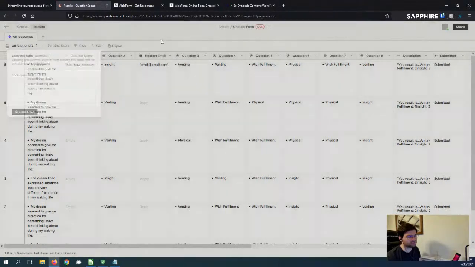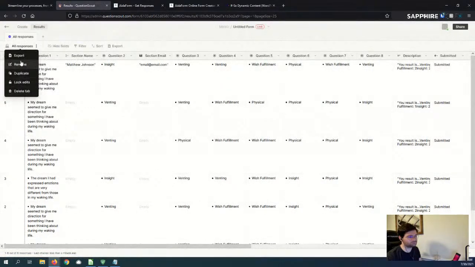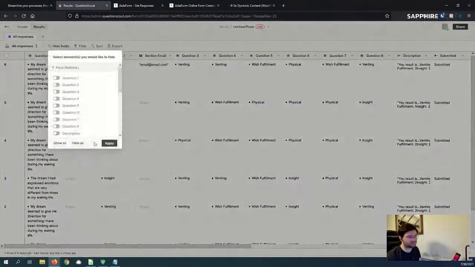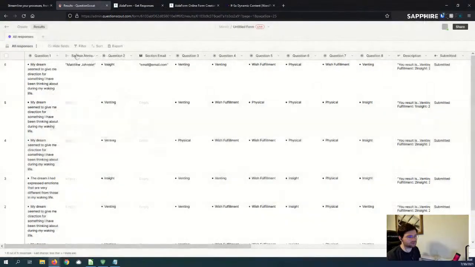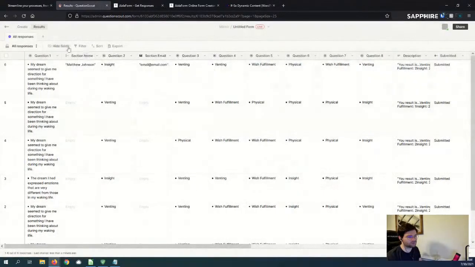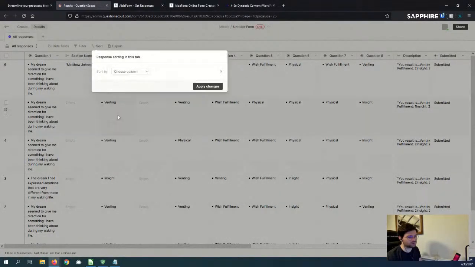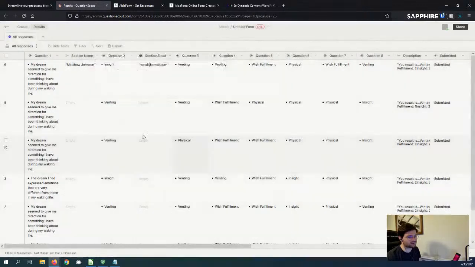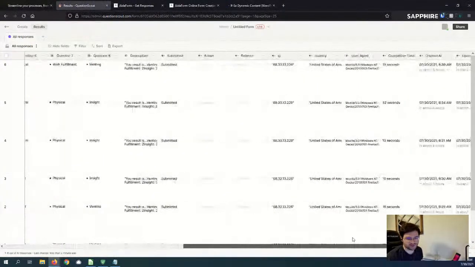Focus table, no. Hide, this doesn't allow me to move anything. Filter is just creating a filter. Sort is just going to be sorting based on columns. It's not going to change columns. So I guess maybe at best you could export and then move some columns around with the exported CSV. It's not exactly what I'd like to see, but